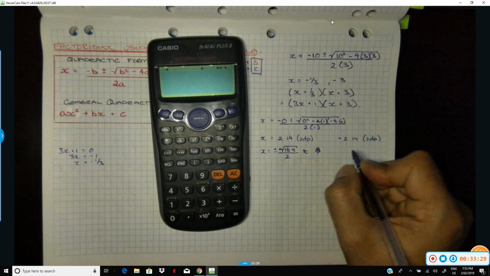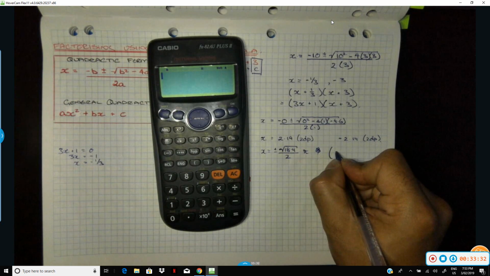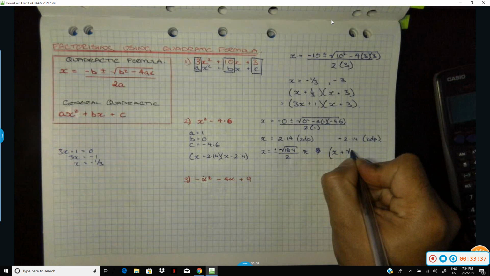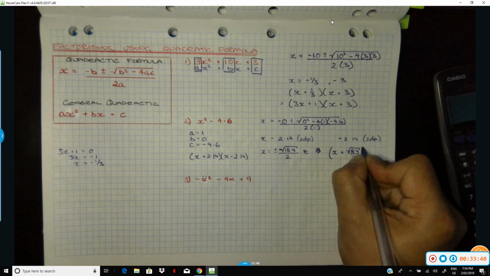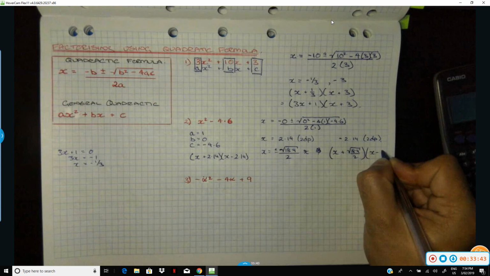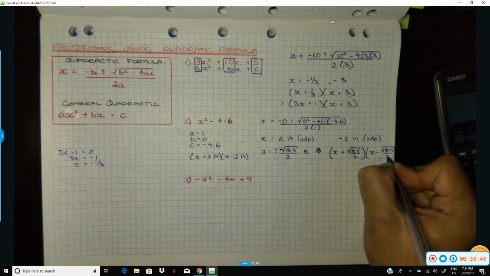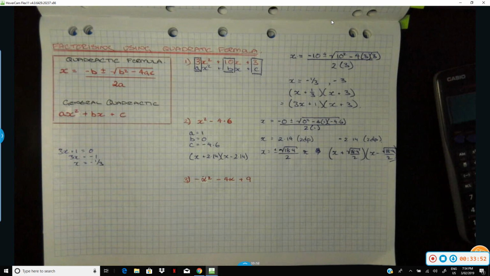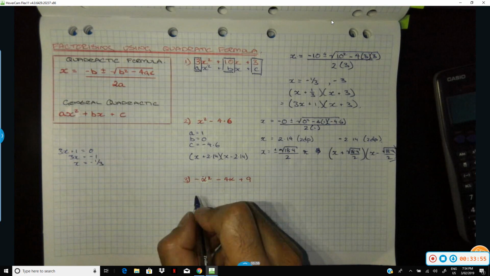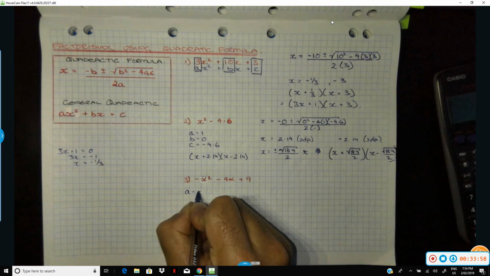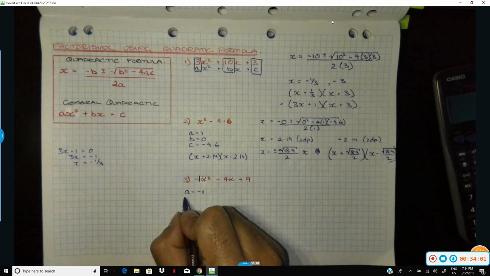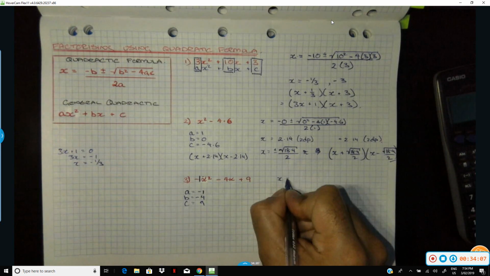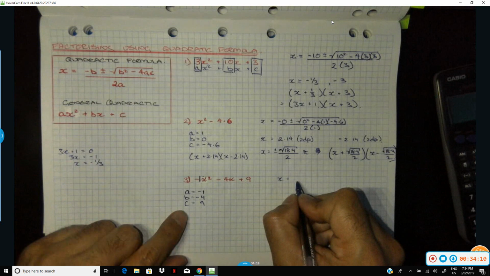So really, the factorized form we could actually do is x plus square root 18.4 over 2, x minus 18.4 over 2. Okay, here we'll do this one. Here a is obviously equal to negative 1, because there's a 1 here. B is worth negative 4, and C is worth 9. Using the quadratic formula, we've got